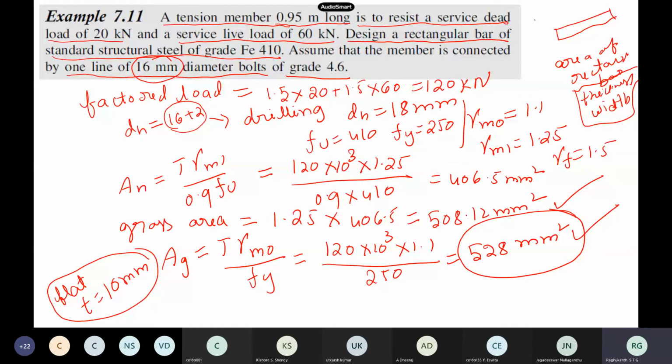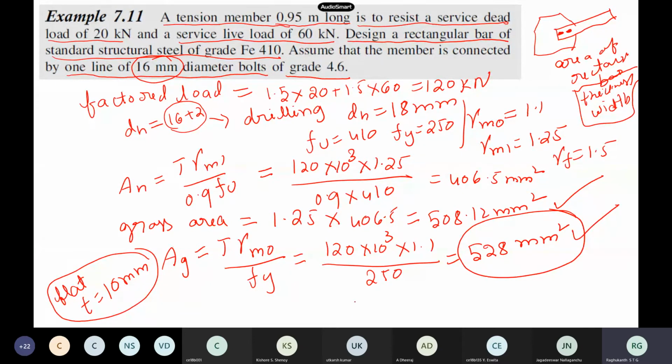If I have a gusset plate or whatever, and we are connecting my flat here, if the thickness of the flat is more, what will happen to the bolt? If the thickness is 60 mm, the bolt will be subjected to bending also. You remember the grip length, long back we have said there are some guidelines. You should not go for huge thickness, so thickness should be less itself.